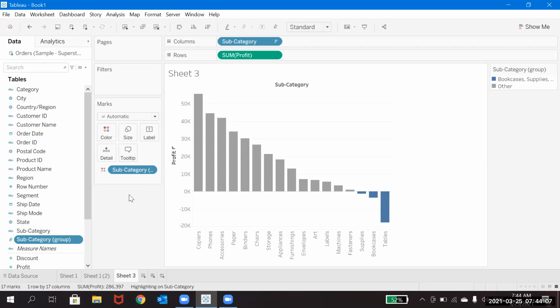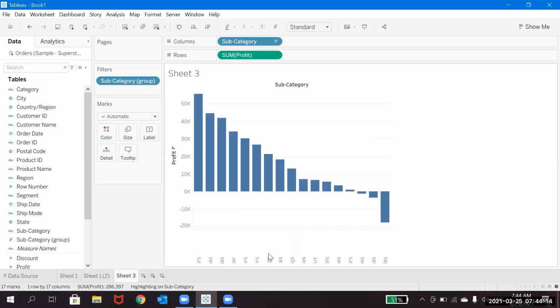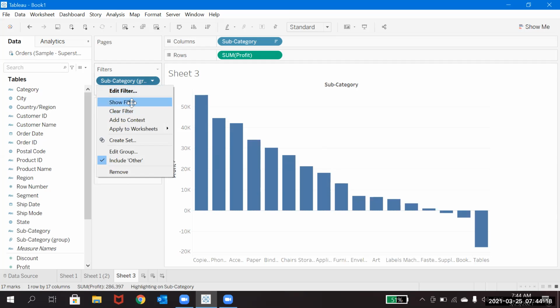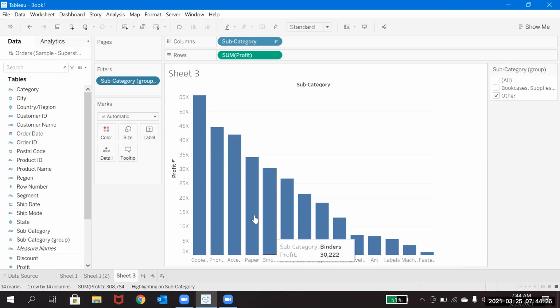So you can make use of it like this, or you can also use it as a filter. Let's show that filter. If you don't want to show the negative values you have selected, you can filter them out and show only the positive values.